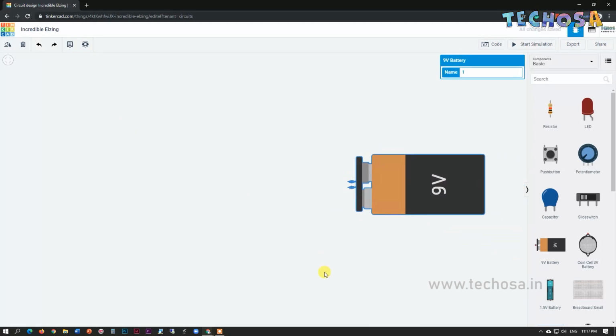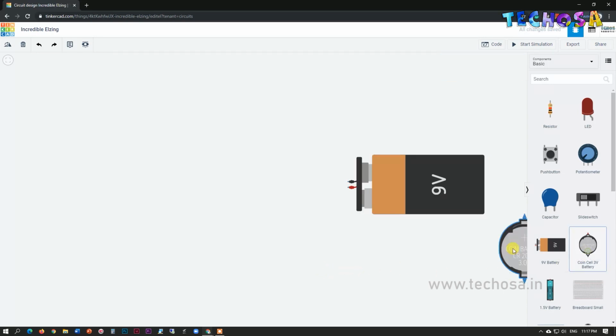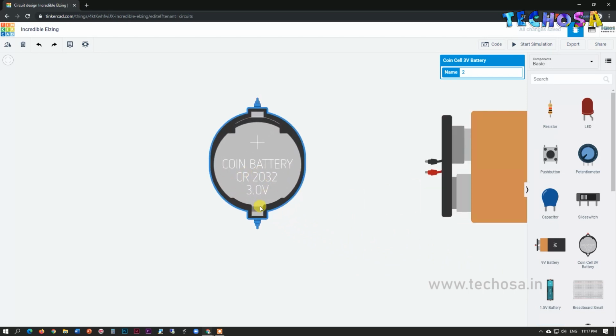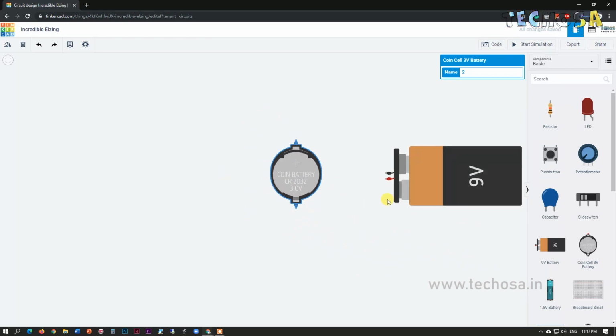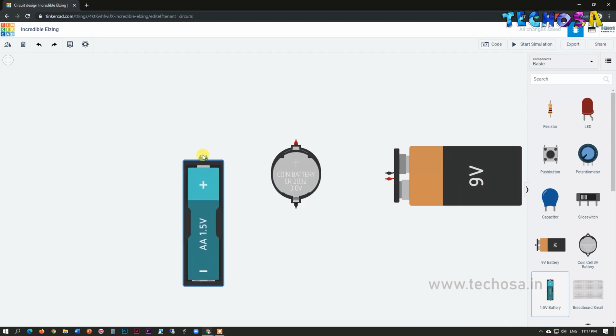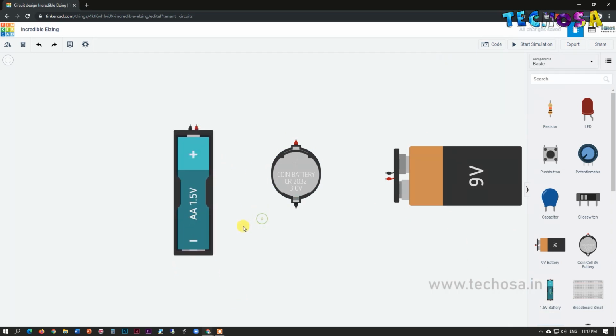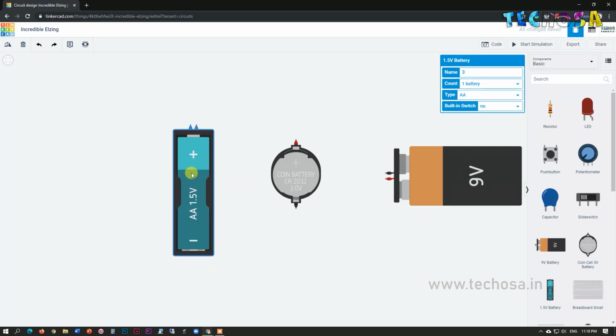The first one is a 9 volt battery, the second is a coin battery of 3 volt, and the third is a 1.5 volt battery. So we selected a 1.5 volt battery, 3 volt battery, and 9 volt battery. Now we can keep this 9 volt battery here and remove the rest.